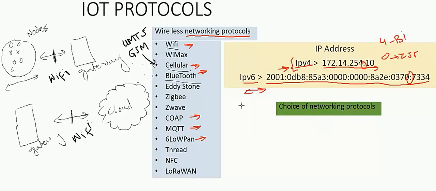Now we will discuss a little bit what the factors are that are actually responsible for the choice of a particular IoT networking protocol between the nodes and the gateway, or between the gateway and the cloud. There are a lot of factors. For example,